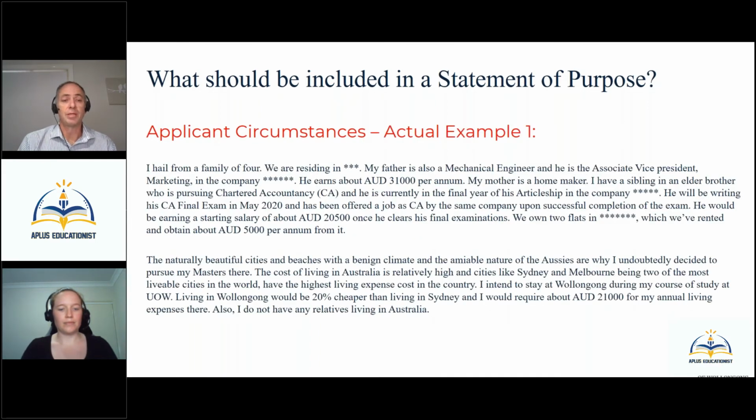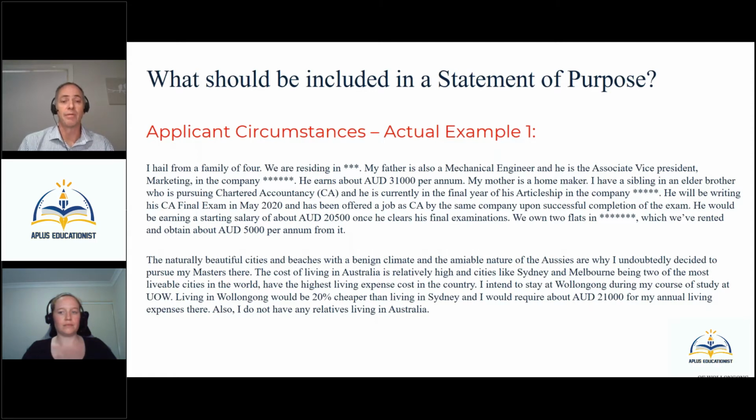So the first example here is again from the first student we touched on in the previous point. There's a number of points there that have been blanked out from a privacy perspective, but this is the student's information around their personal circumstances, and the top paragraph refers to their personal situation and the bottom paragraph refers to circumstances in Australia. So the point here is this is not an overly lengthy response, but from our perspective, it covered off all the aspects that it needed to.